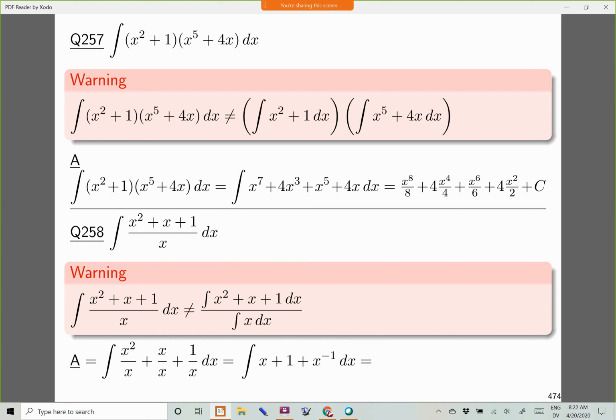And then you get to anti-differentiate each of these terms separately. So you have x squared over 2, plus the antiderivative of 1 is x, and then the antiderivative of x to the negative first is ln of the absolute value of x, and then there's always a plus C when you take the antiderivative.